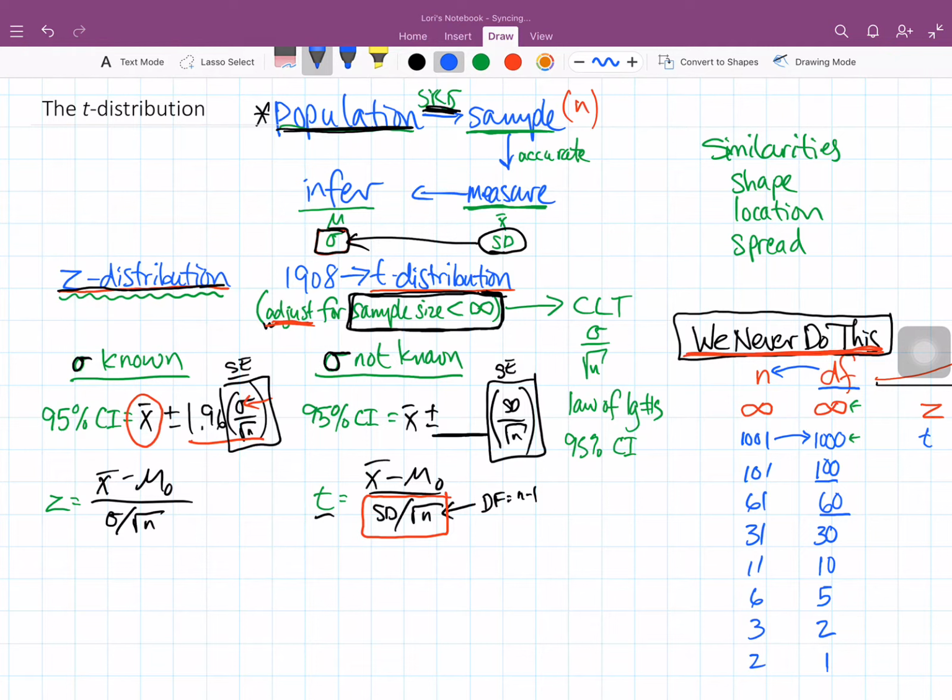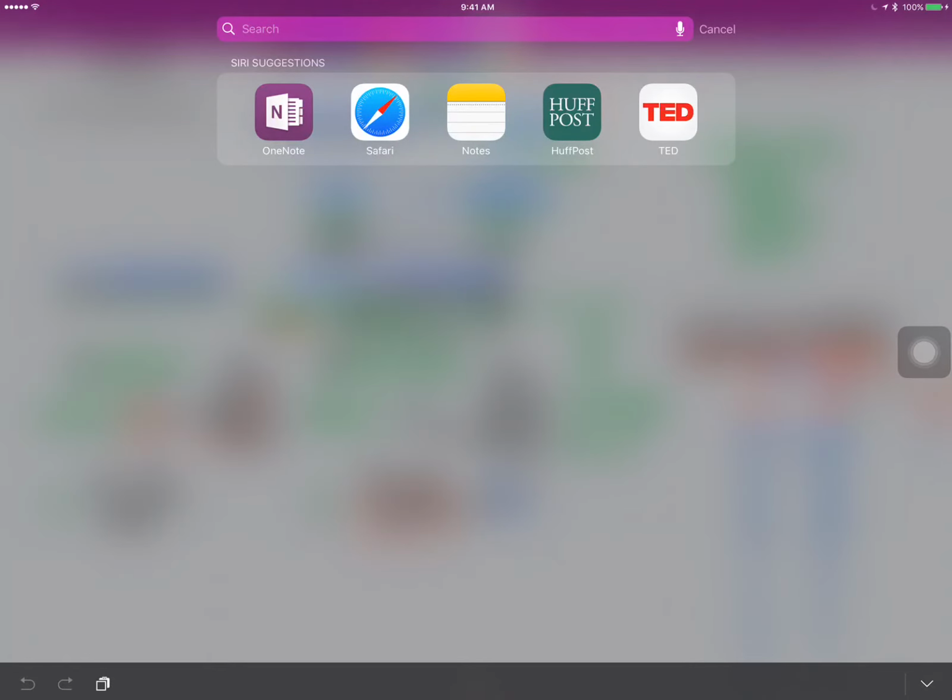And so we're going to show you on a normal curve exactly what those different t-distributions look like. Because remember, I said there's this adjustment that happens because of sample size. And it's because sample size impacts degrees of freedom, and degrees of freedom